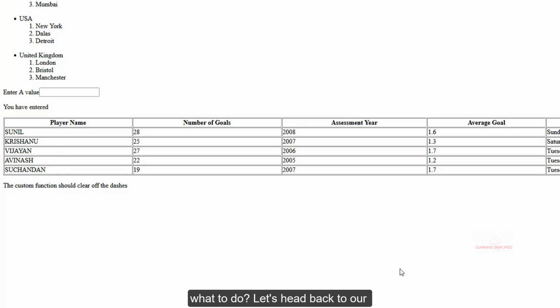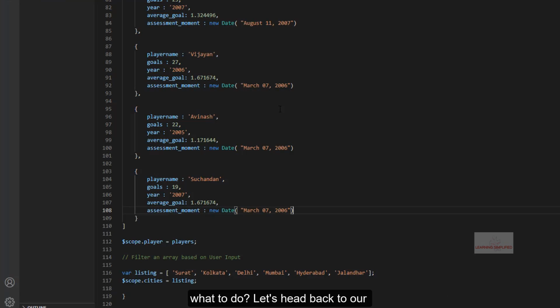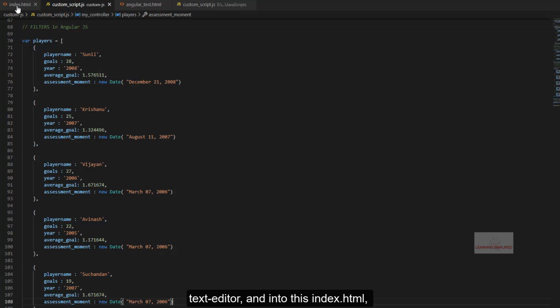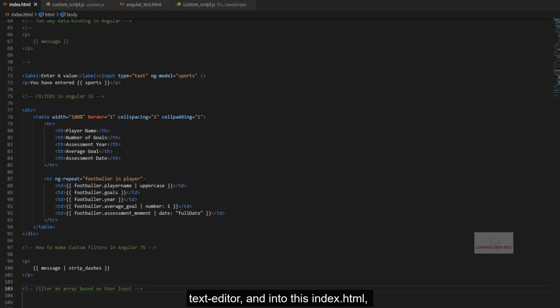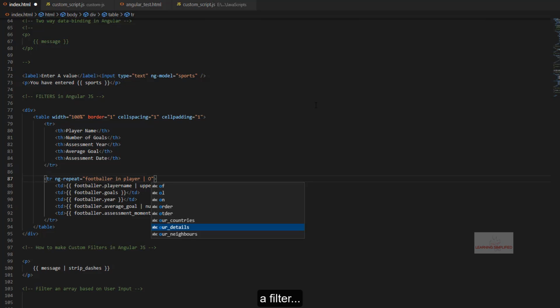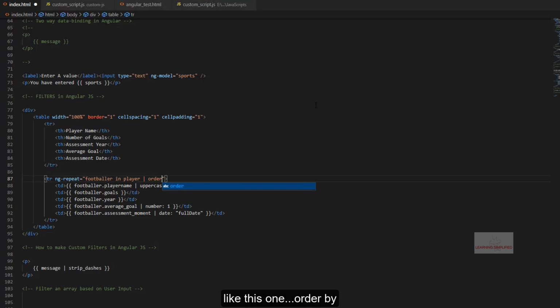So what to do? Let's head back to our text editor and into this index.html, where we had used this ng-repeat directive. Here we will be adding a filter like this one, orderBy. So what are we ordering by?